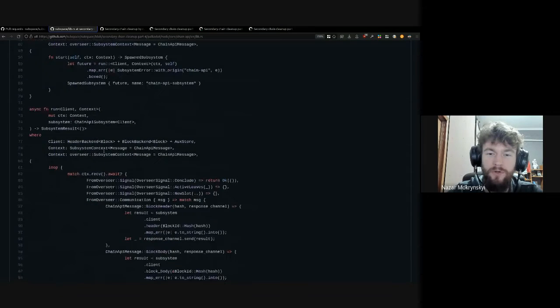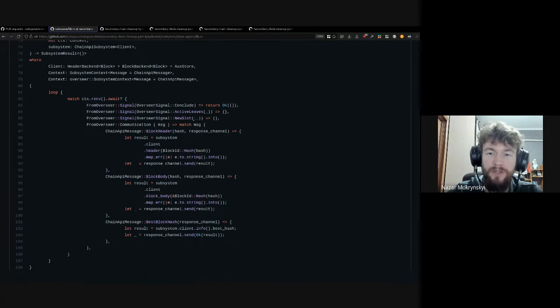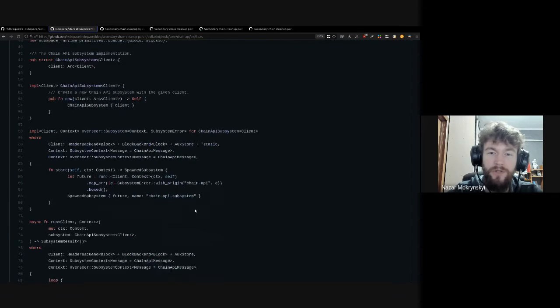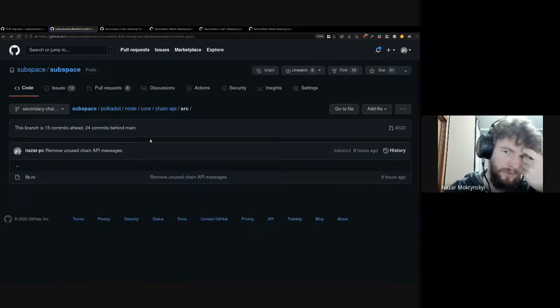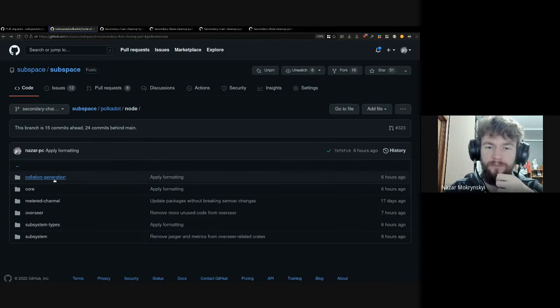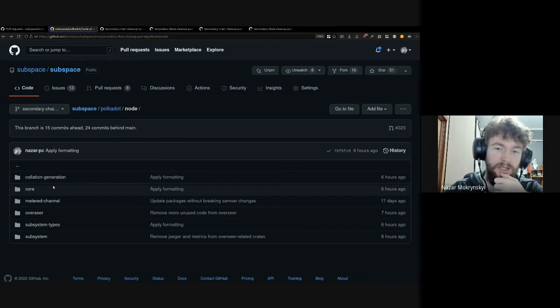So we have a few calls that we care about, and just runtime API calls. And we don't have anything extra. And this has happened to all of the other subsystems. We have chain API, we have runtime API, and we have what was called collation generation, I believe. And I currently have an idea to combine those into one,